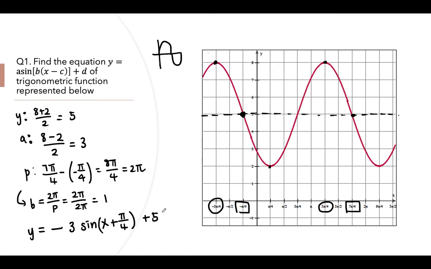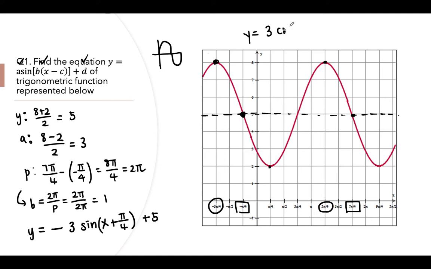Now, if I decided to write it in cosine, then all you need to do is the same thing. B, D, and A are going to be the same. The only difference is the phase shift. In this case, I'm moving to the left by 3 pi over 4 because I'm starting from here. So for cosine, it's going to be y is equal to